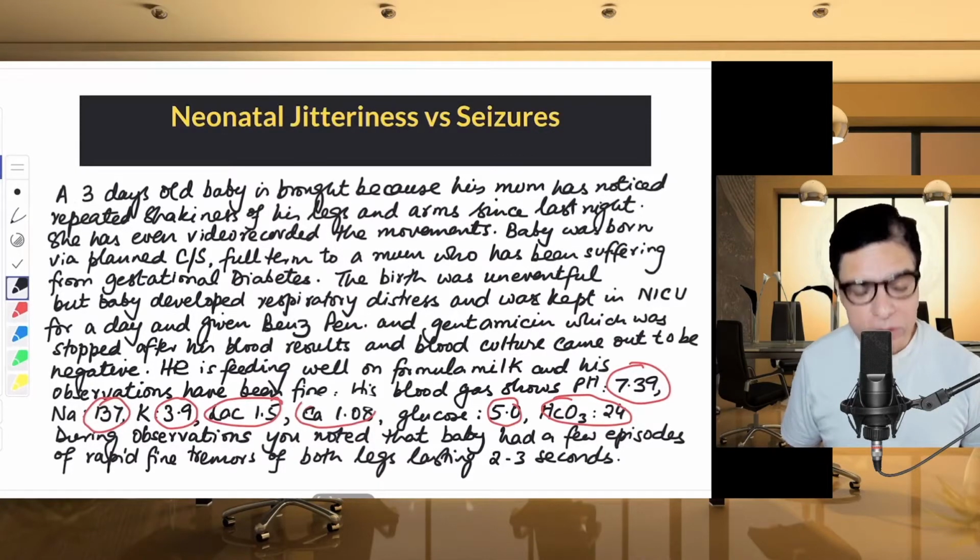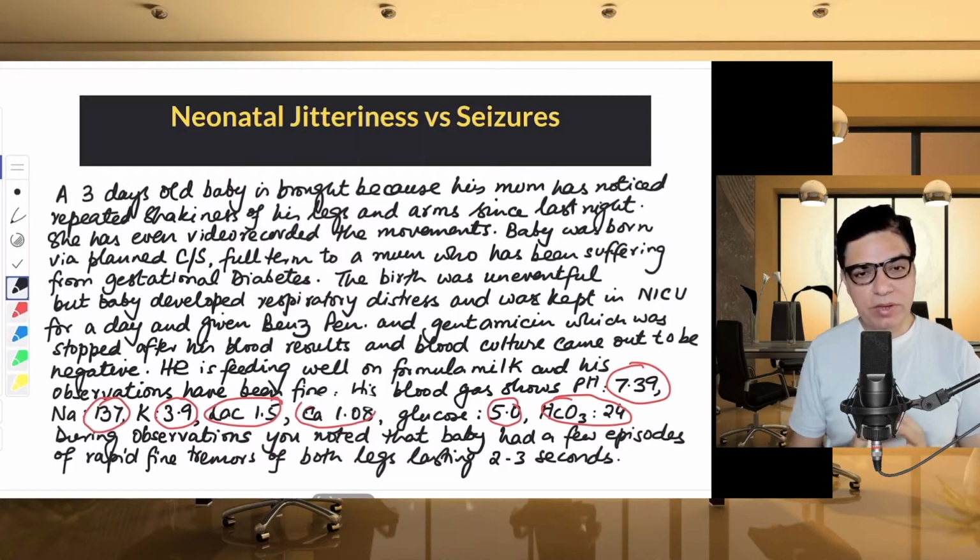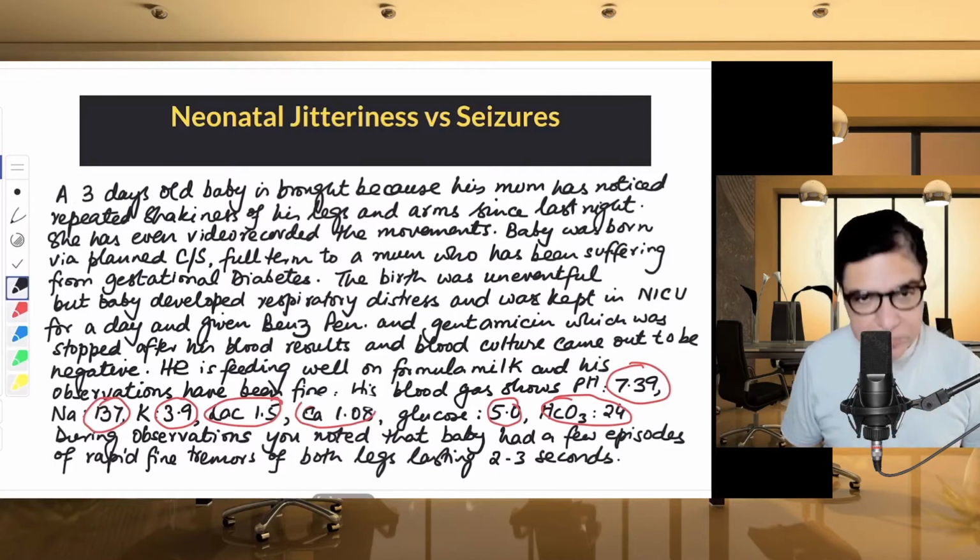Hello folks, welcome. Today we'll be talking about the differences between neonatal jitteriness and seizures, and I would like to explain how you can differentiate between these two entities in a very easy to understand format which you can apply in your clinical practice. Now I think the best way to explain the differences between these two entities is to